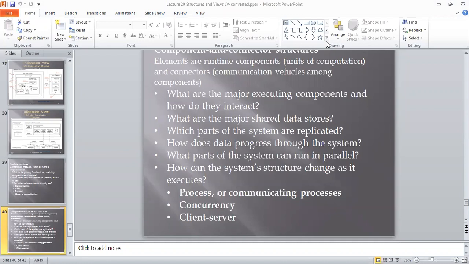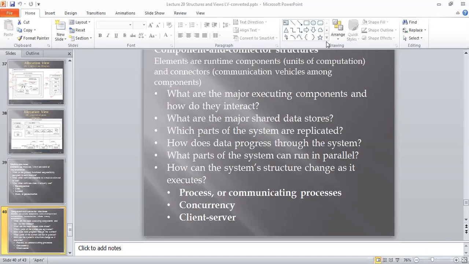That means the internal impact and external impact of your software architecture is nothing but an allocation structure.